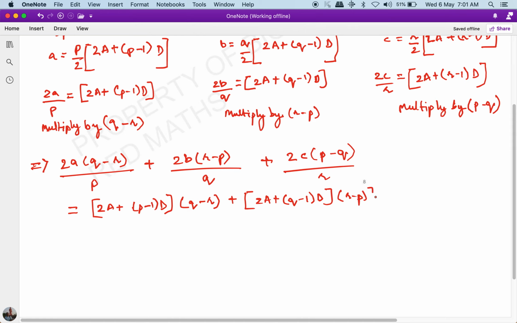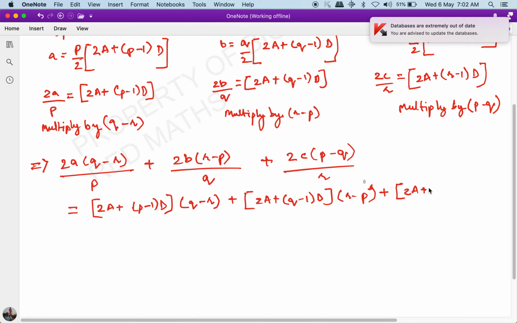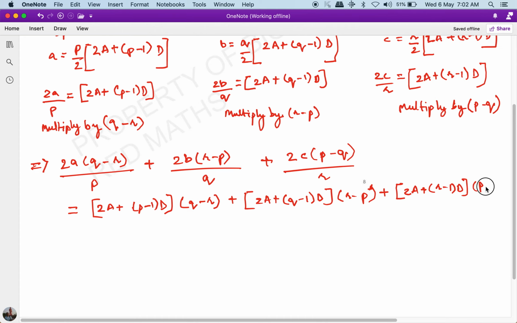Okay, then we have, this is R minus P. Then we have plus 2A plus R minus 1 into D, and this whole thing multiplied by P minus